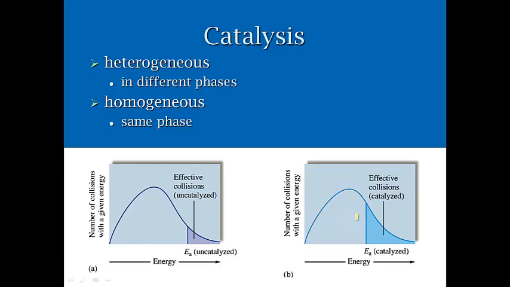Now we do have a little bit of terminology, and this is really just throwing some things out there. We talk about a heterogeneous catalyst if it's in a different phase as compared to what's reacting. We call it homogeneous if it's in the same phase, which is no different than mixtures. Remember, a mixture is heterogeneous. You can see the visible parts and pieces. Homogeneous, you cannot. This again is just showing you the number of collisions with a given amount of energy is going to be a pretty small percentage. So this is uncatalyzed, whereas if you add in that catalyst, you're going to have a larger portion